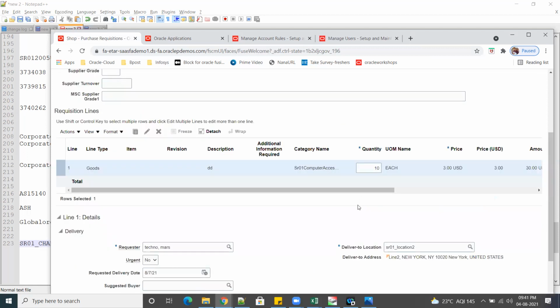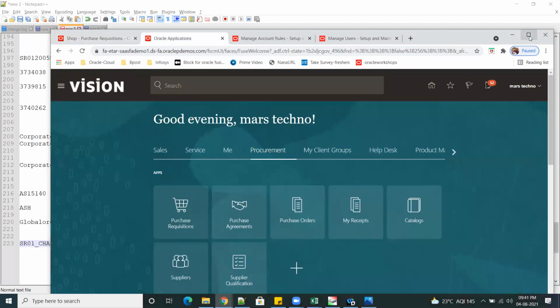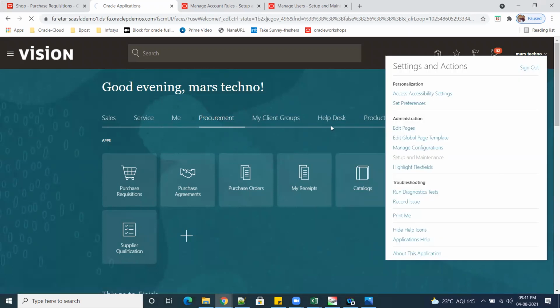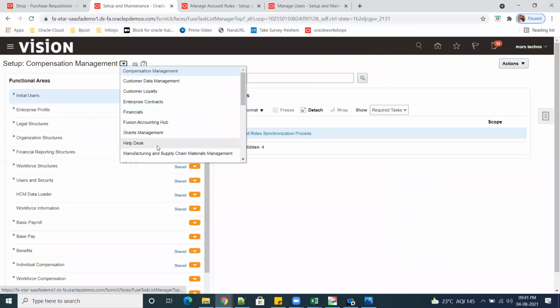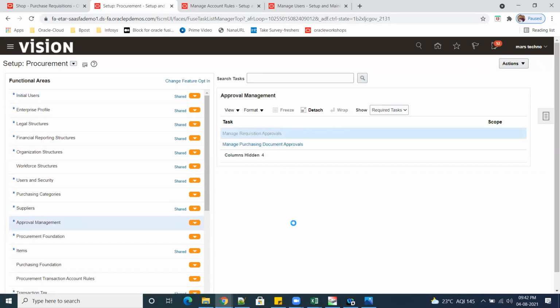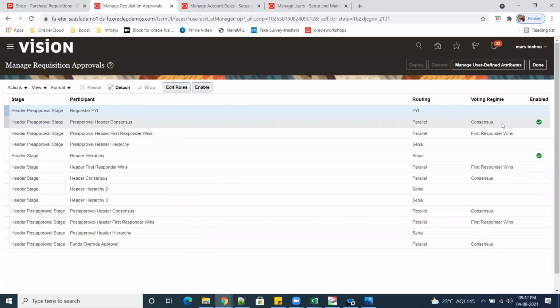So for example, let me first remove that approval thing. Setup and maintenance, procurement. Where is that approval? Requisition approval. This one also disable.